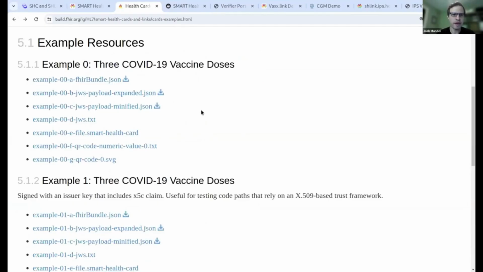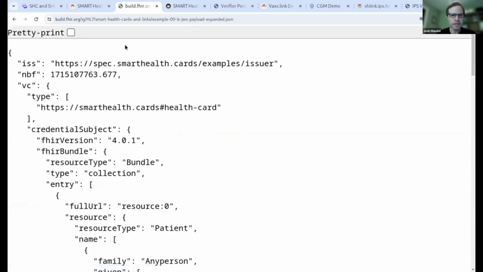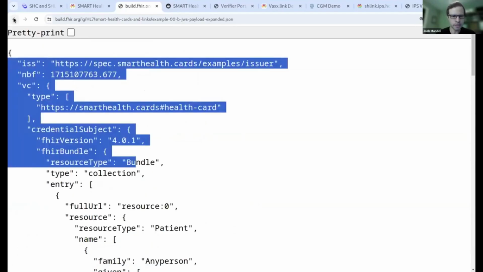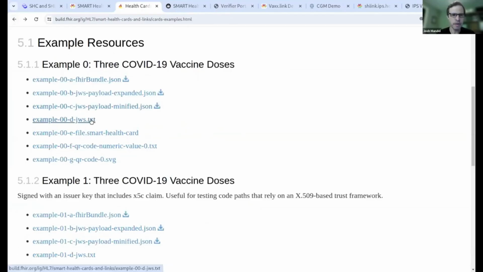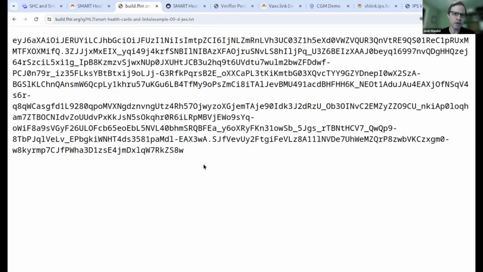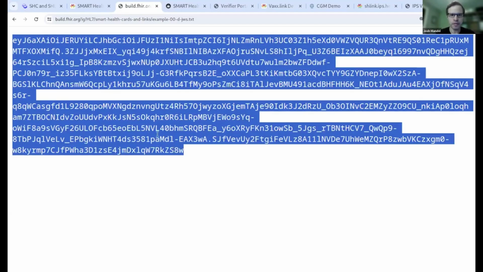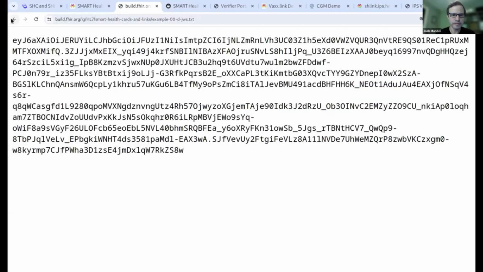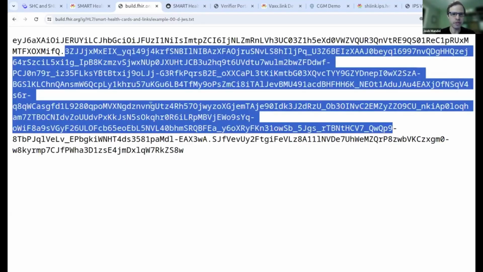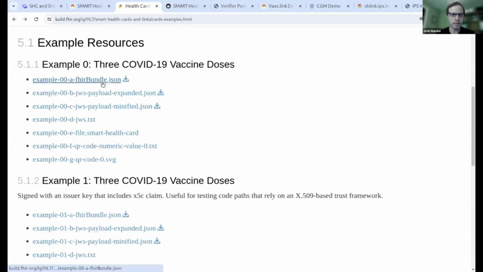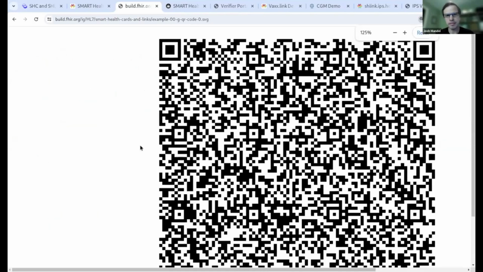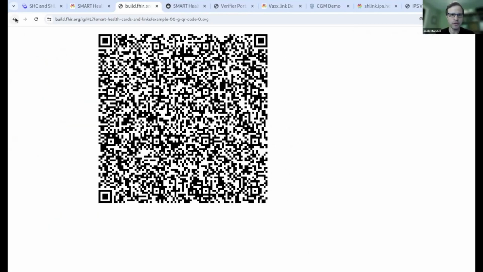Once you've put that FHIR bundle together, you sign the bundle using a format called a JWS, JSON Web Signature. I won't go through all the details of that signature process, but it's a standardized flow that we describe. And it results in this kind of cryptic looking base64 encoded JSON Web Signature token. This is not something we expect individuals to see or copy or share directly, but rather it's something that can be put into a downloadable file, or it can be displayed as a QR code. And this is something that could be printed or shared on an individual's phone screen.